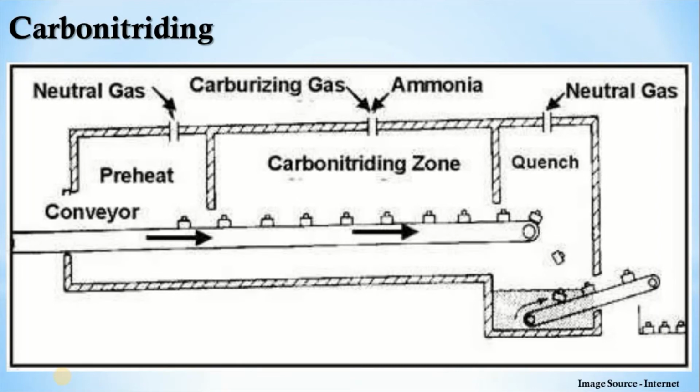During the process, atoms of carbon and nitrogen diffuse into the metal, creating barriers to slip, increasing the hardness and modulus near the surface. Carbonitriding is often applied to inexpensive, easily machined, low carbon steel to impart the surface properties of more expensive and difficult to work grades of steel.